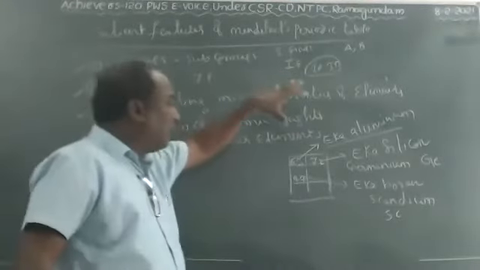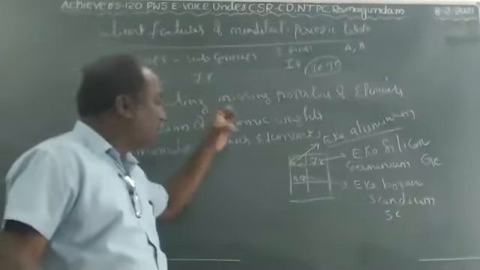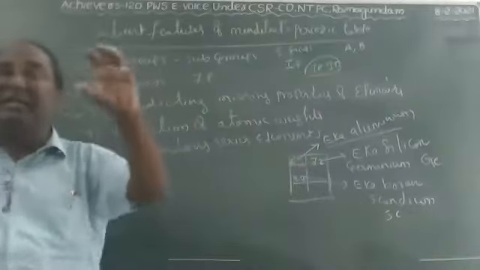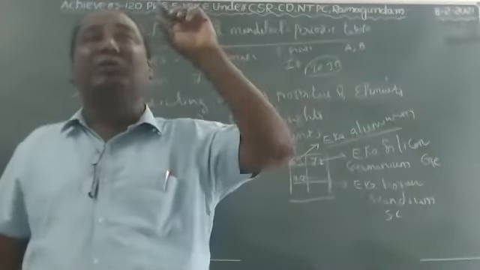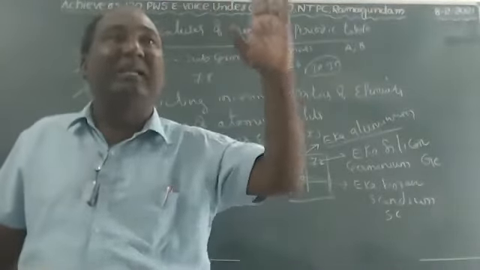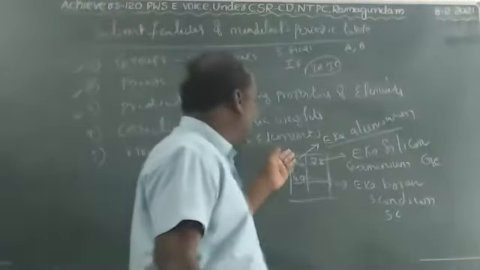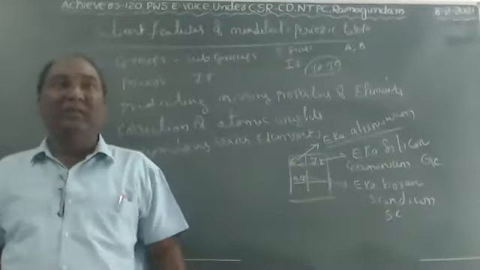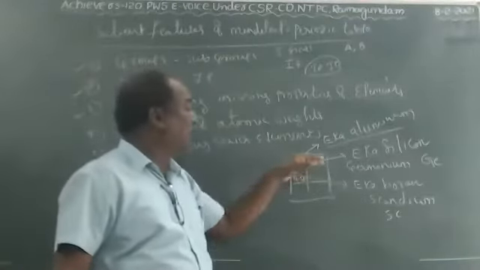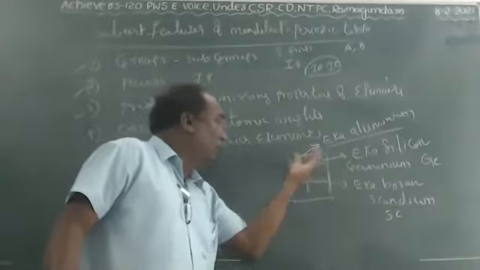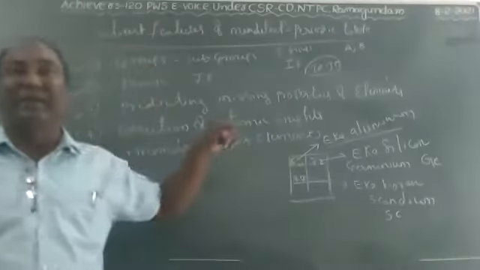So in the periodic table, where the place is empty, in Mendeleev's periodic table, at that empty space Mendeleev predicted some atomic weights. He had only one thought: in future, this kind of atomic weight element should be discovered. Based on that, he predicted these atomic weights and put them into the periodic table. After these elements were discovered, they were exactly suitable in that place only. This is the greatness of Mendeleev.